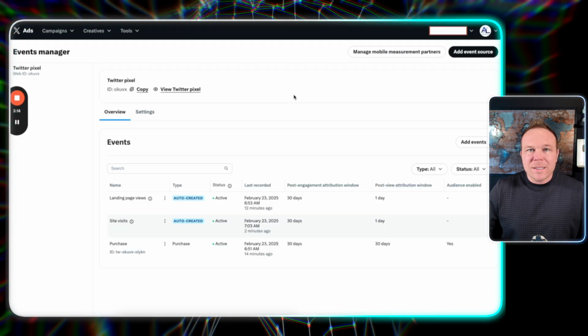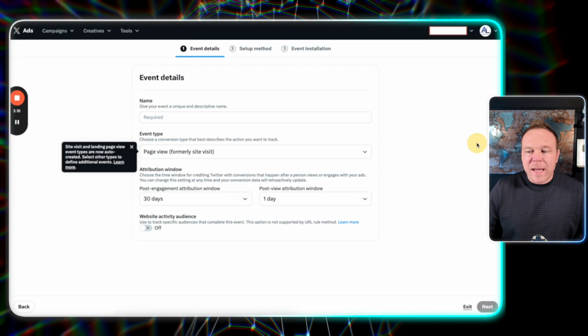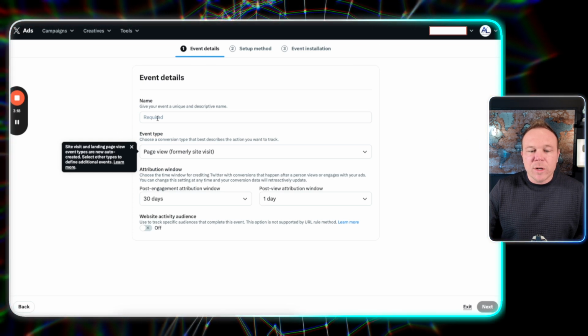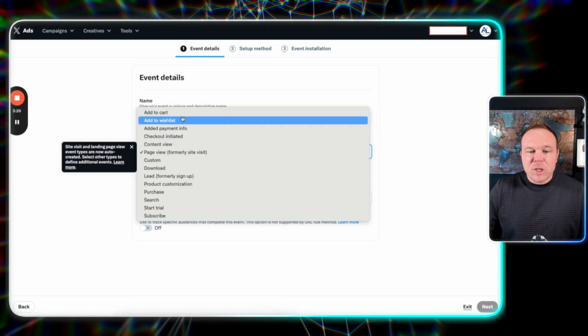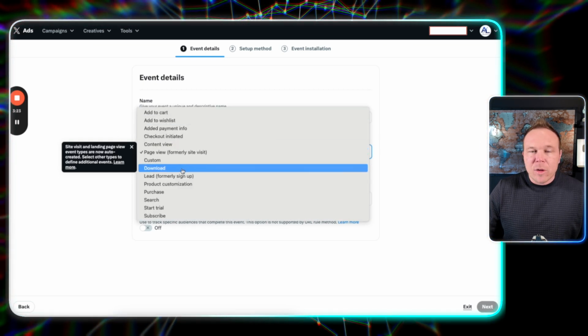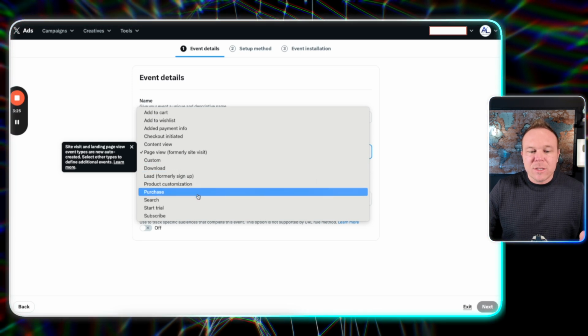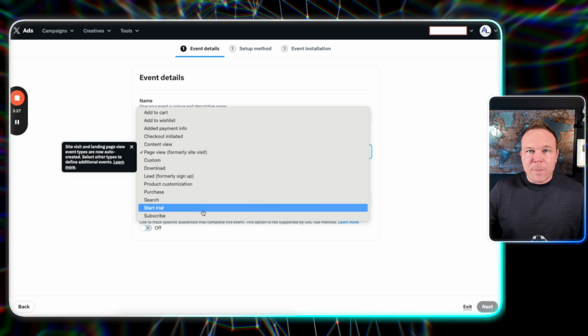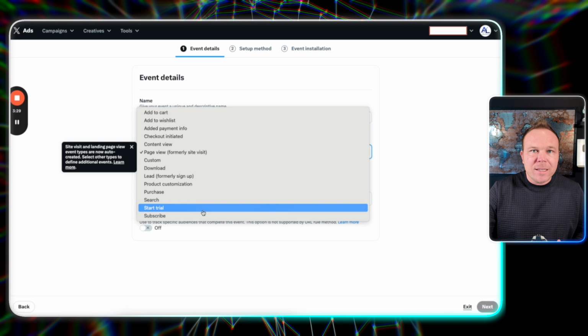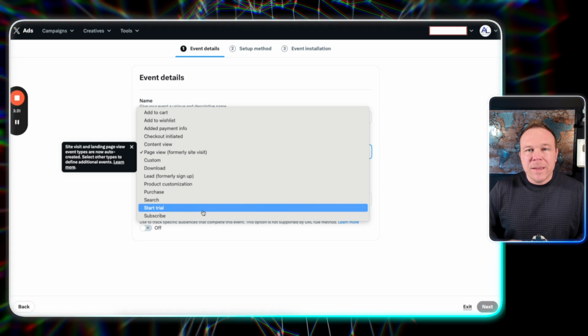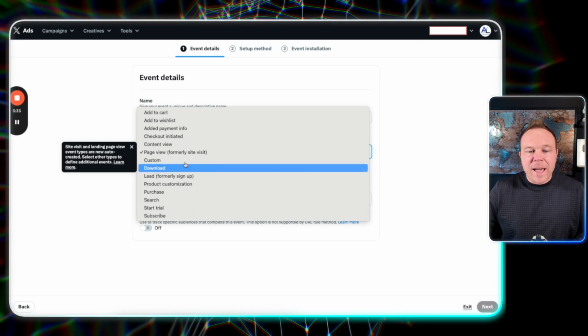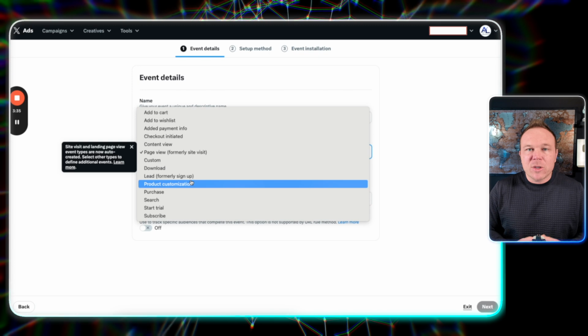Once everything's synced and your products are set up, you can start adding some custom events here. This is where you can track different things like add checkout, add to cart, downloads, leads, purchases, or products. Now, if you use the Shopify plugin, you won't need to add these. It'll automatically add them for you. If you're using the head code, you'll have to come add each of these individually to make sure it's tracking